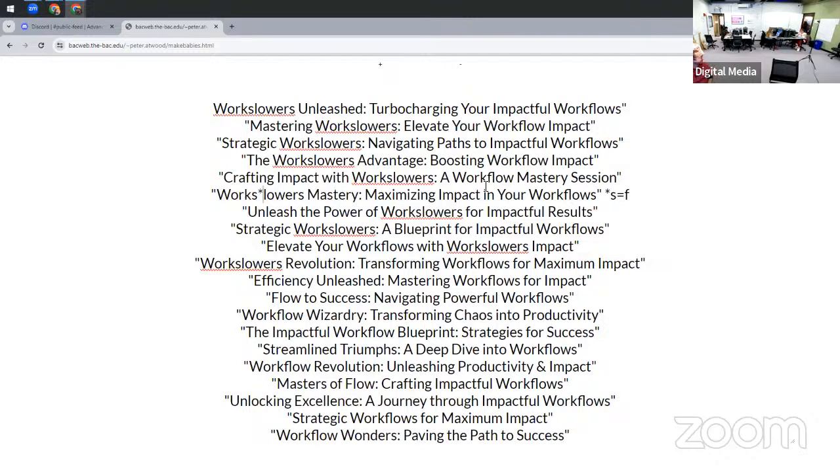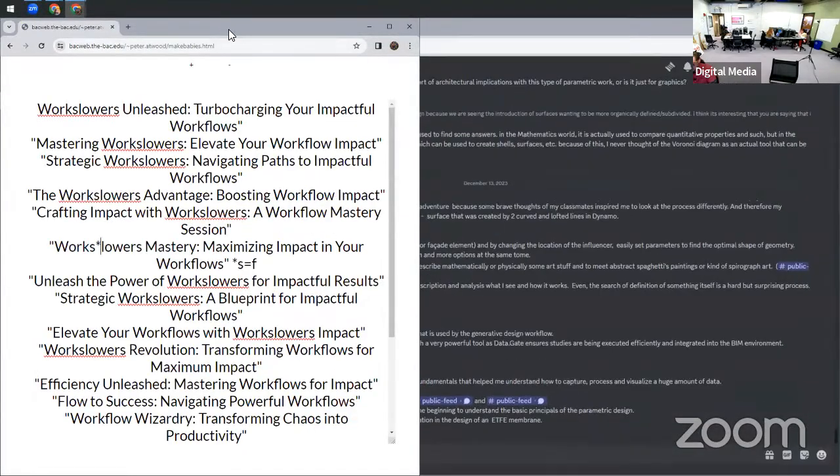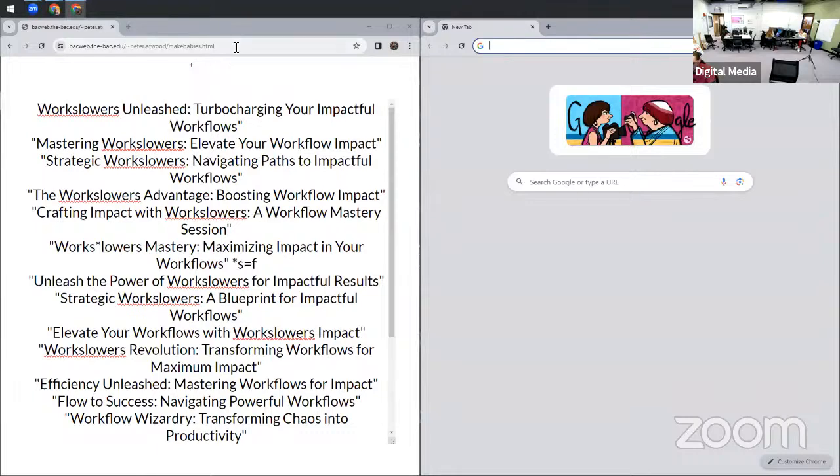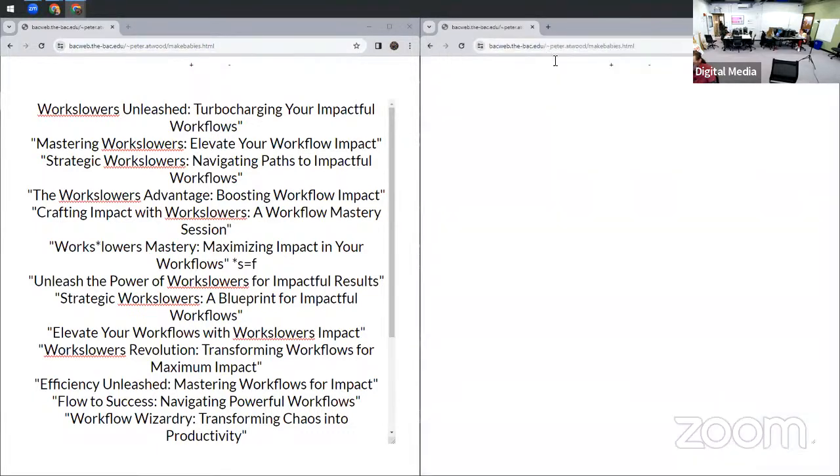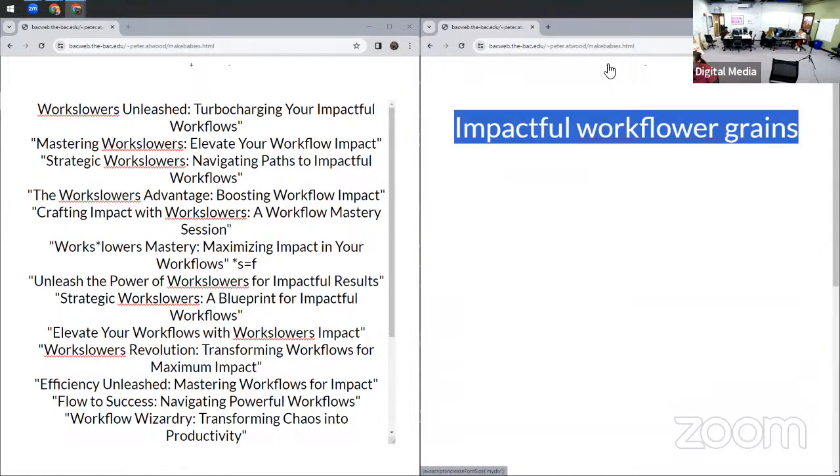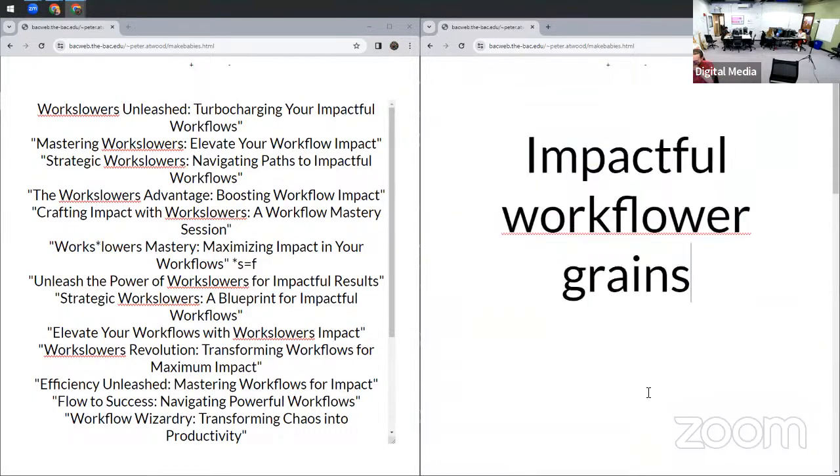Okay. So I told ChatGPT to give me a bunch of different options. The first message I wrote was, I need a name for a session and YouTube related to workflows, and for it to be impactful. It gave me one option that I didn't like: workflow mastery, streamlining success. And I just said, give me options, dude. And it gave me a bunch of different options. Then I put them in the chat so we could decide if we like any of them.